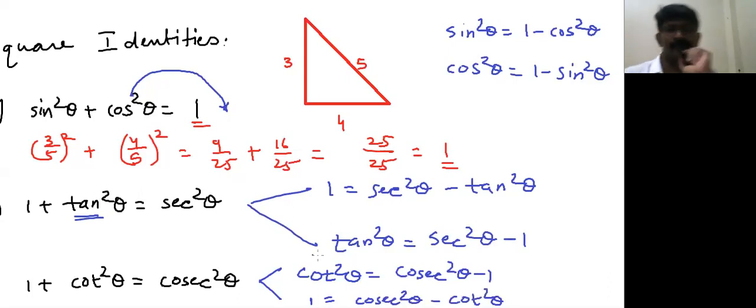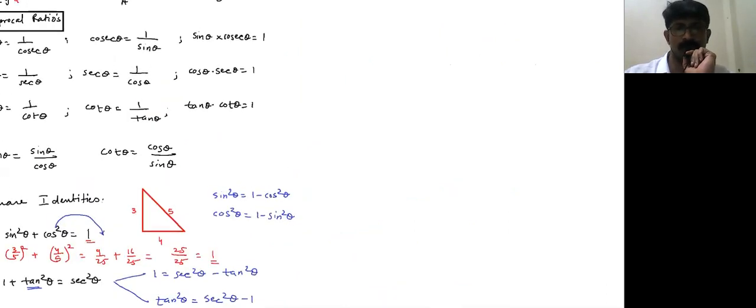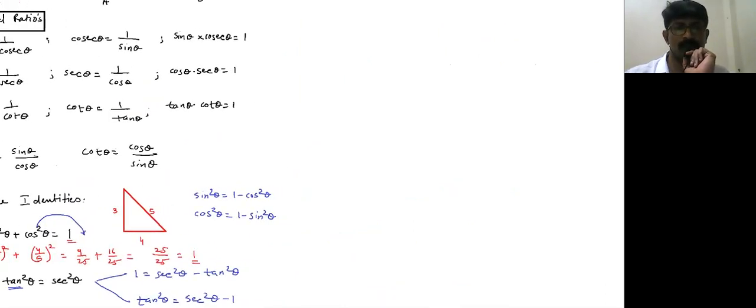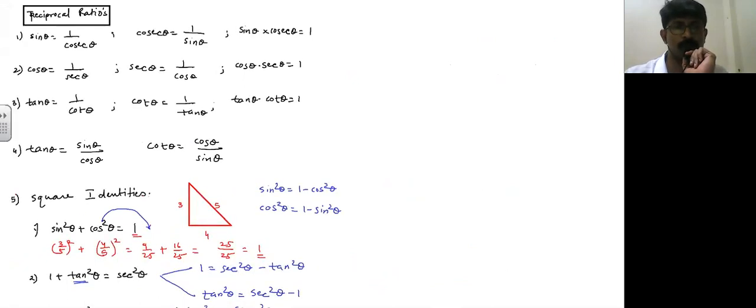Now there are several other ways, like cot theta can be written as root of cosec square theta minus 1, or plus minus root of cosec square theta minus 1, and all those things. I do not recommend that. So guys, if you know this much, everything would be very easy for you to remember. Then the chapter becomes really smooth and simple, guys. Believe me. So you can pause the video here and copy it quickly in your book, guys. That's it.